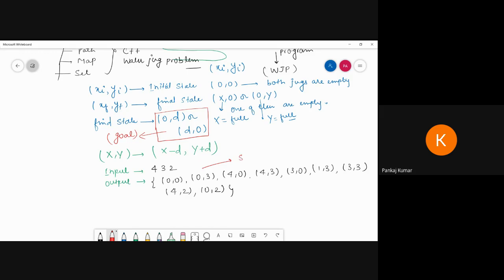These are the state outputs we have to receive. So this is not our solution, this is not our solution, this one is not. Now finally this is our solution. Okay, so this output can display all the possible states including the goal state.